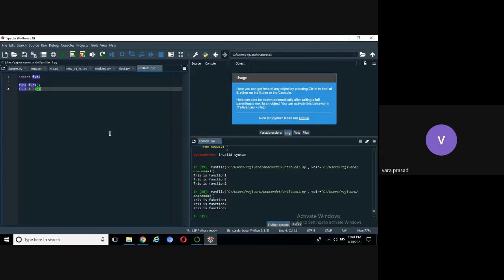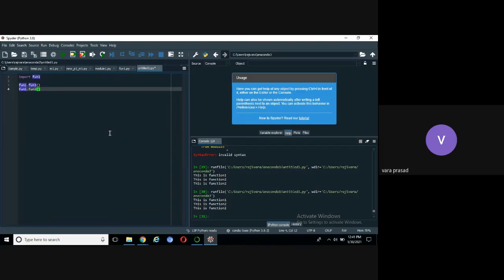In general, the package contain one default program that is called underscore init underscore dot py. Whenever you import that package, default, that program is executed automatically. You need not import the program. It will execute automatically.